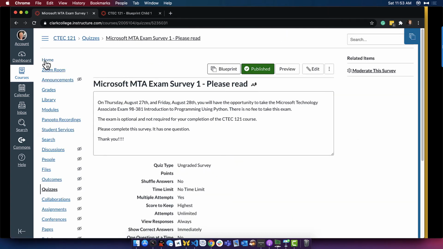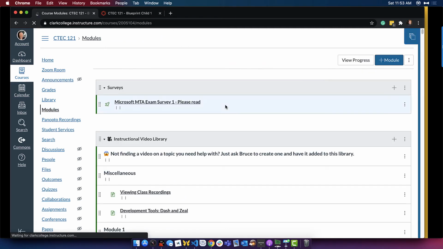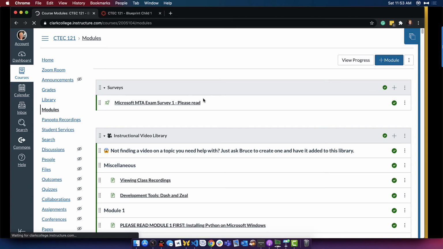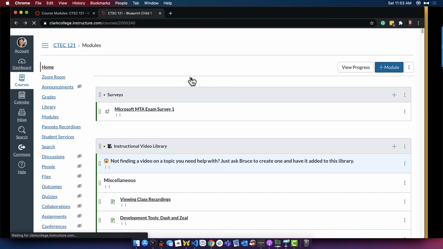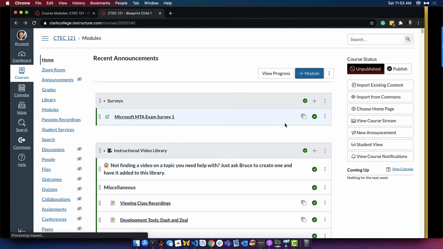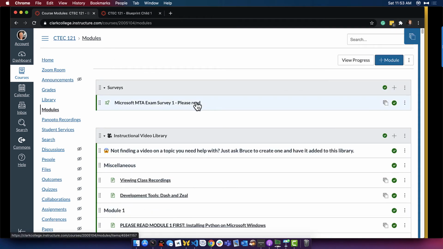And I'm going to go back to my modules view. Let's just do that. And I made changes, right? This is the main shell. And if I go into the child shell, one of my sections that I do my teaching from, you can still see right here that it's available for me. And look, Survey 1 here doesn't say the same content that I said please read here.